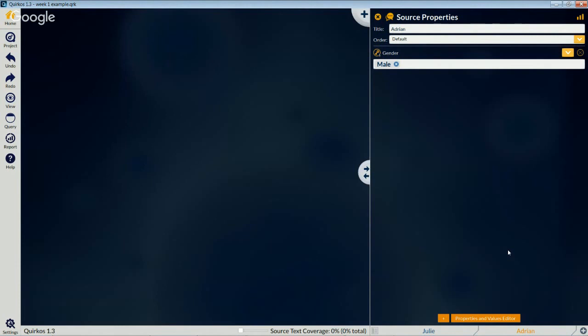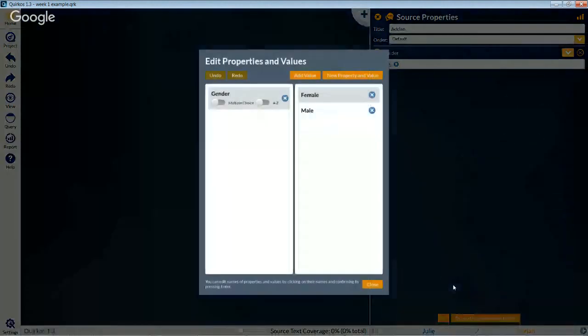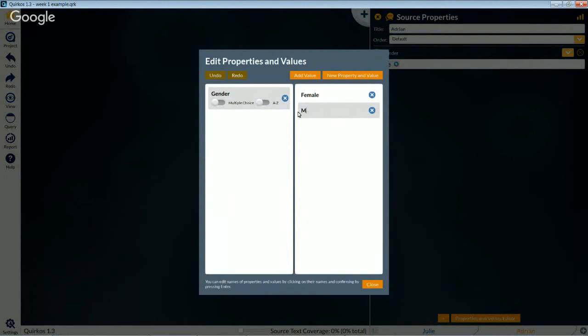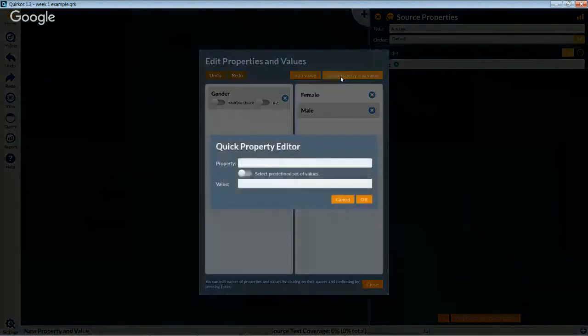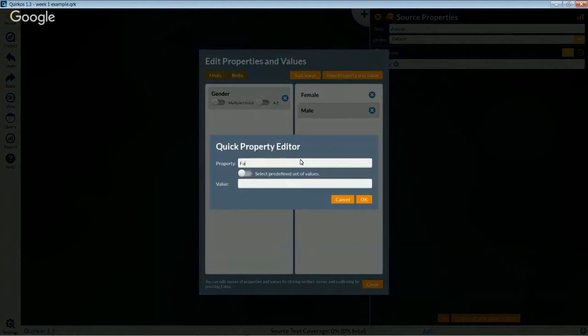So if we click on the properties and values editor here, this gives us a lot more control over the properties and values and allows us to remove particular ones or change them if we wanted to put man or woman or something like that. But we can also create a new property and value in here. And let's create one which is going to be multiple choice. So for example, if we put in here favorite TV show,